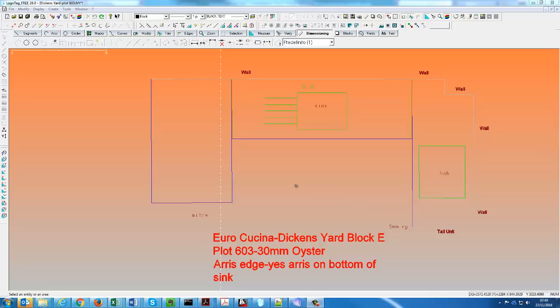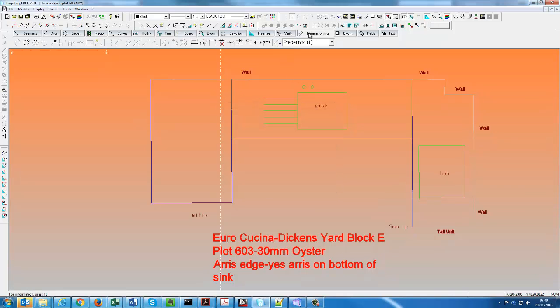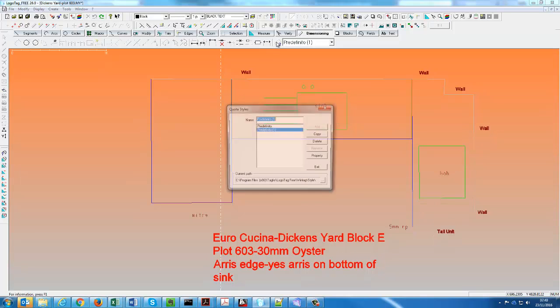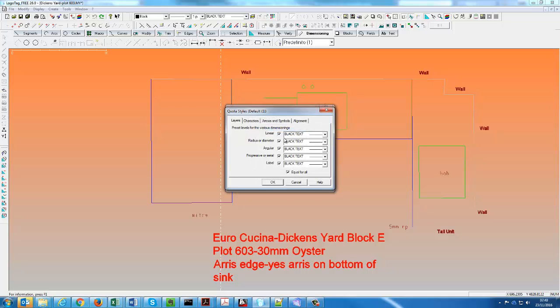This is the correct way of doing dimensioning on the same drawing that you did. First thing is, let's start again. In the dimensioning tab here, you need to click on this thing called the styles. In the styles, whichever definition you have, if you go to property, the various things like this should be, so